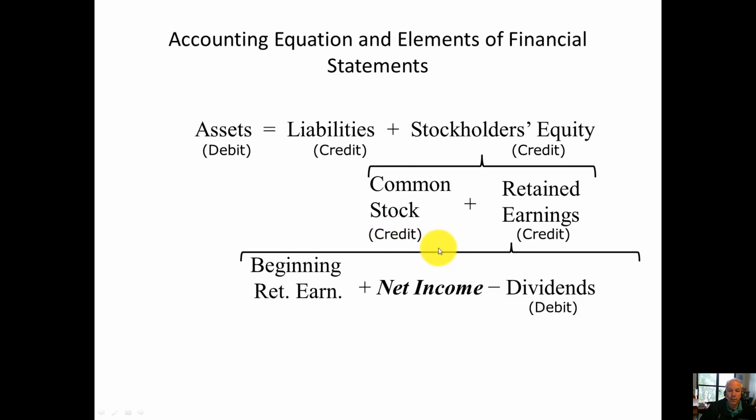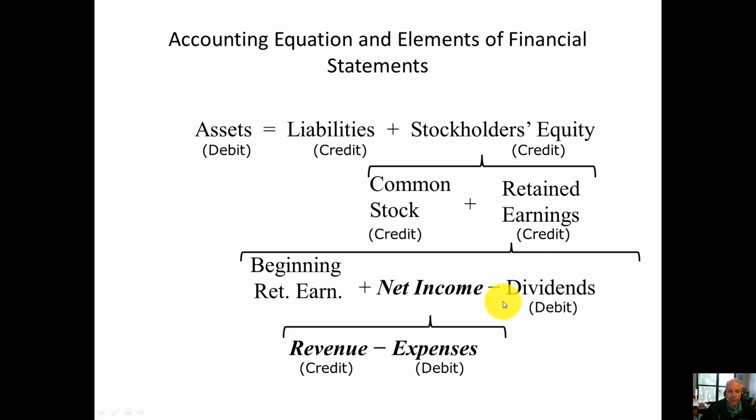And then finally, we can take the retained earnings and say what goes in there is the beginning retained earnings plus the net income minus, look at the minus sign, dividends, and it's a minus because it's a debit in a credit account. So that means it must do the opposite, which means it decreases, and we can see that through the mathematical sign there. Finally, we can measure net income as revenues, which are a credit, minus expenses, which are a debit. Again, the minus sign is telling you that this account has to be opposite a credit, which means it's a debit.